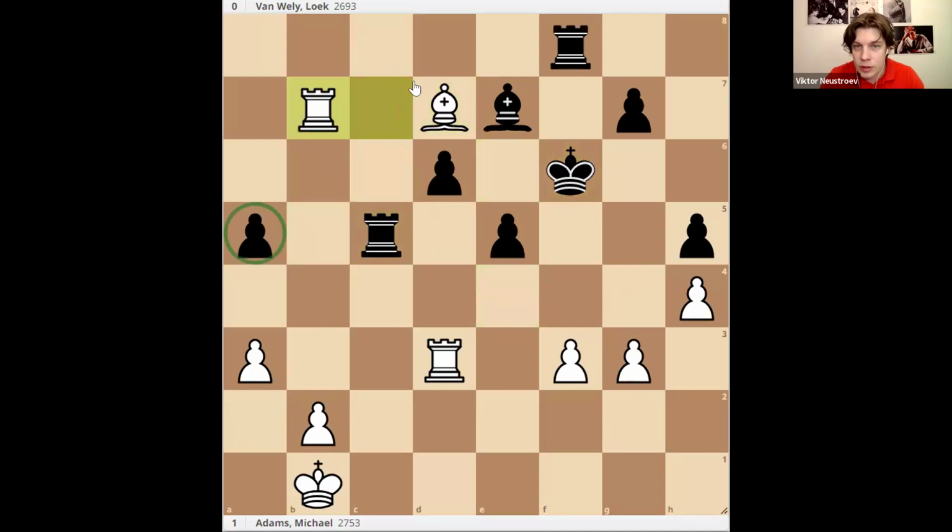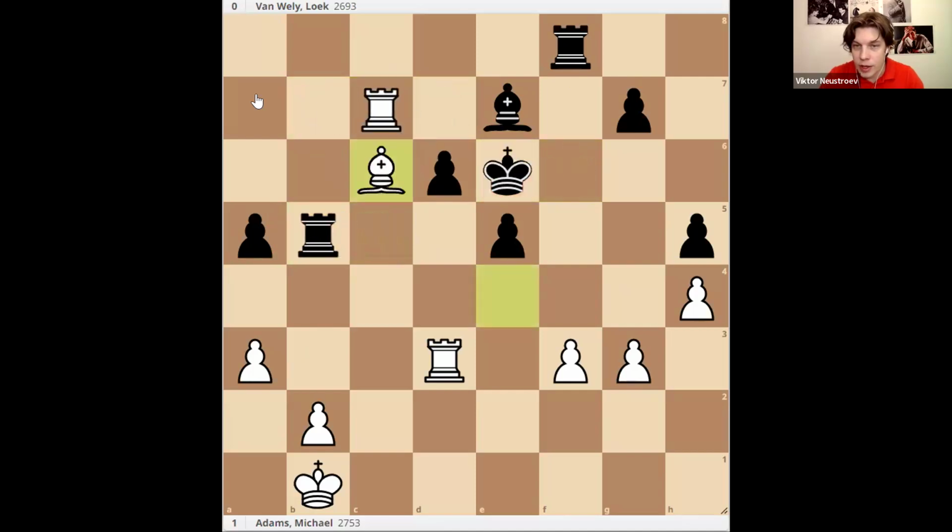This is a weakness. White dominates on light squares, but white is not completely winning. However, after bishop b6, white is completely winning. Who can tell me because of what?